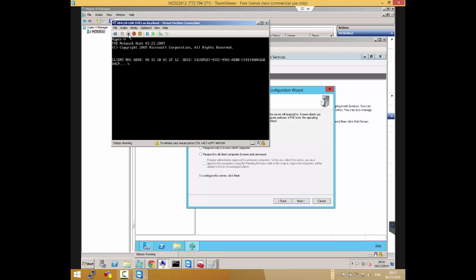So, oh, you know what I think has happened? It got stuck, because when you click inside the window, it captures the mouse.